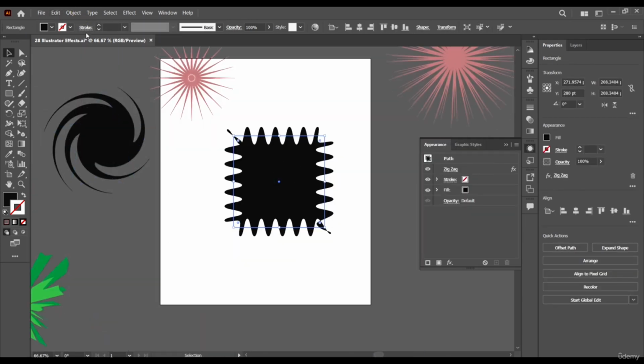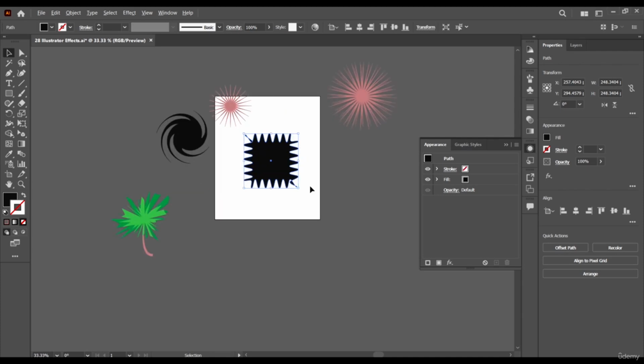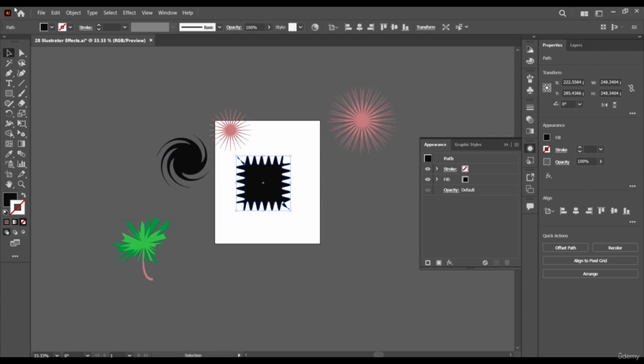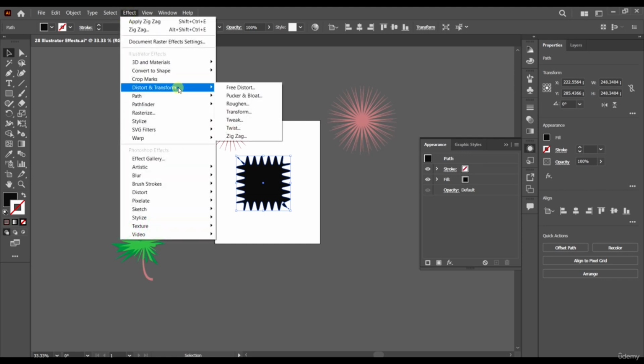And then expand object, expand appearance, expand, and yeah, maybe we would like to add another effect.